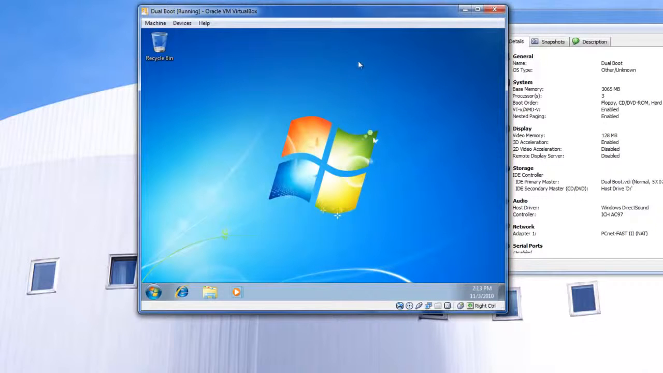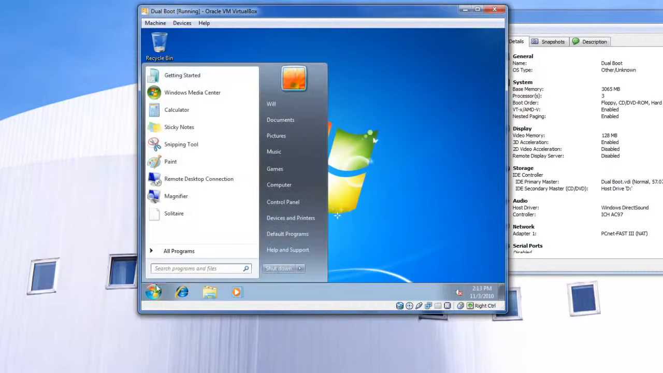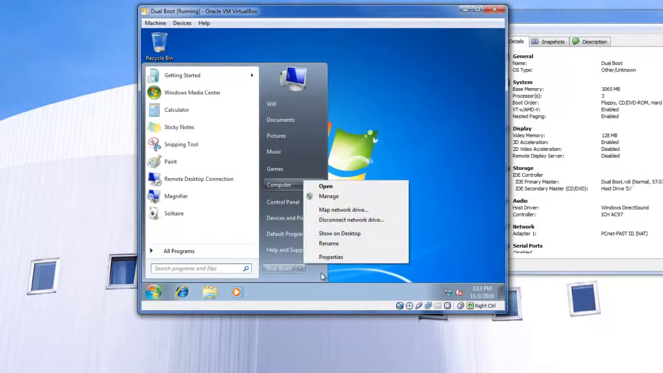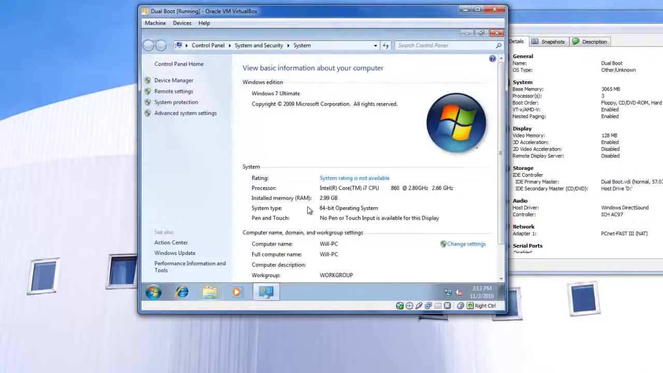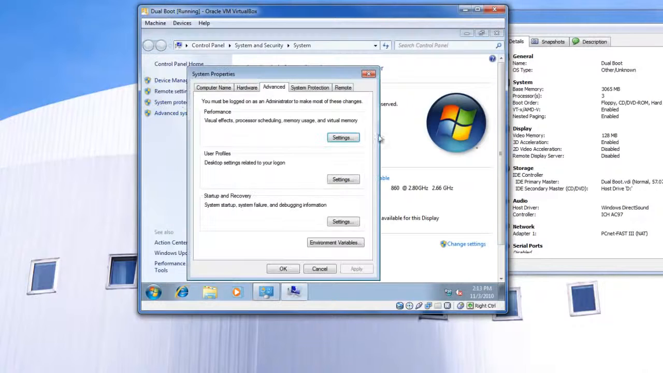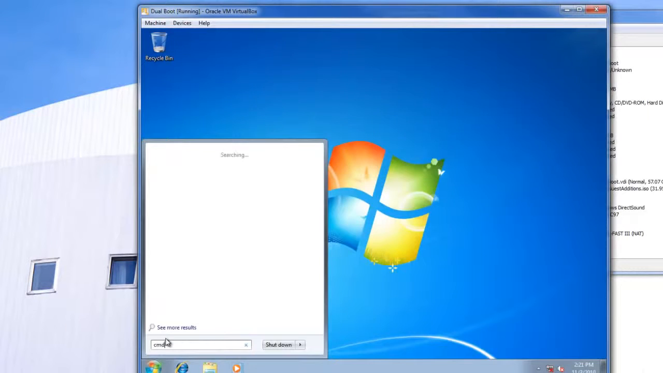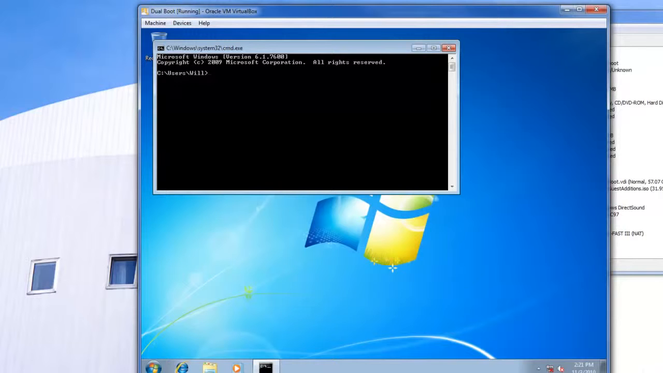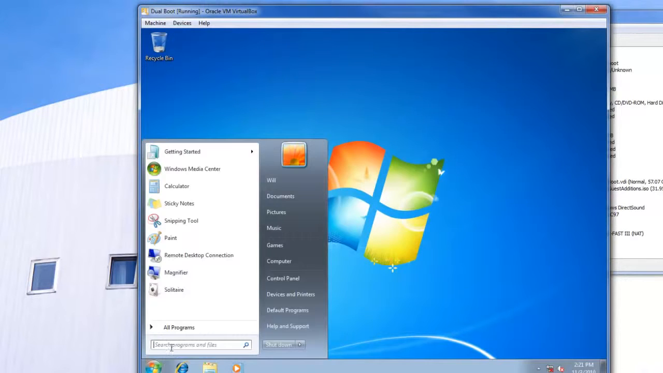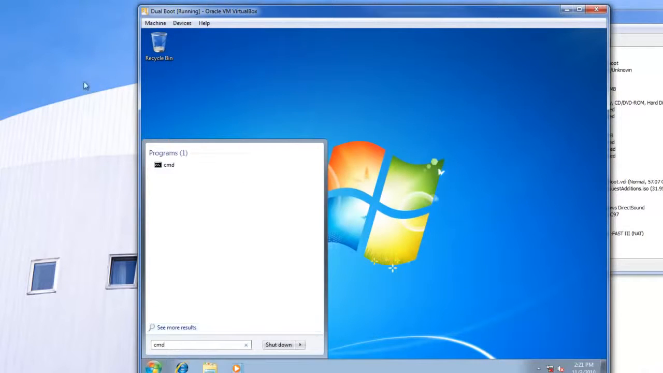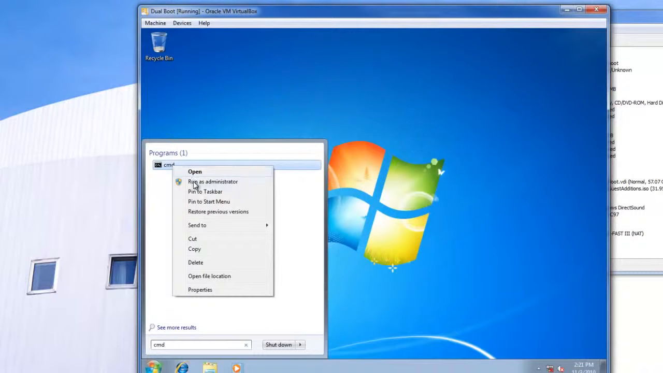There you go. For changing that name, it should be under Advanced System Settings and Startup and Recovery. That's where it would have been had we been in Windows XP. Here it has to be done through CMD. Actually, it has to be an administrative CMD. So we want CMD, find it, right-click on it, run as admin,